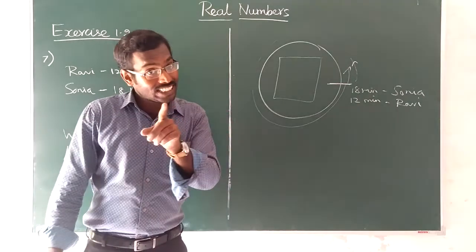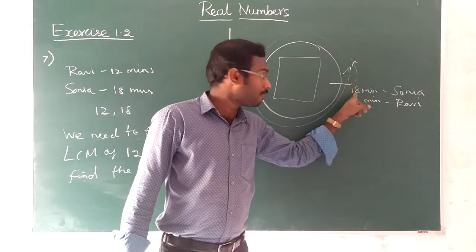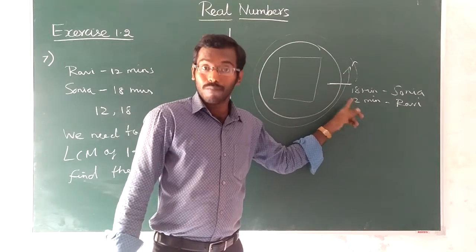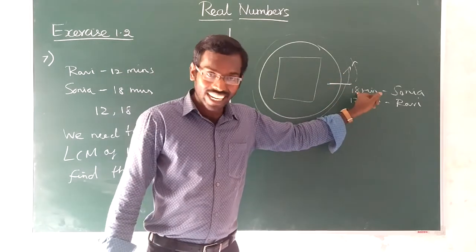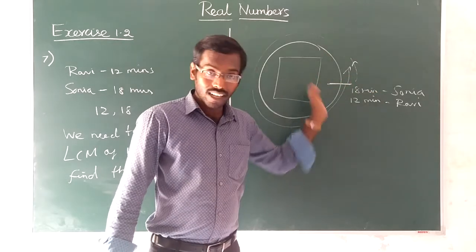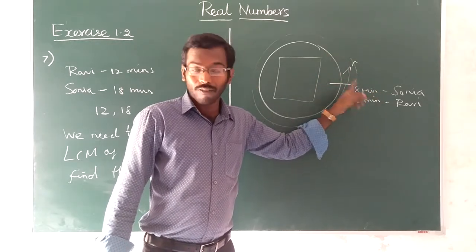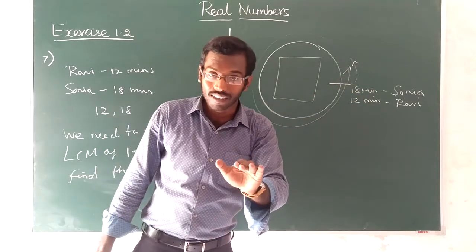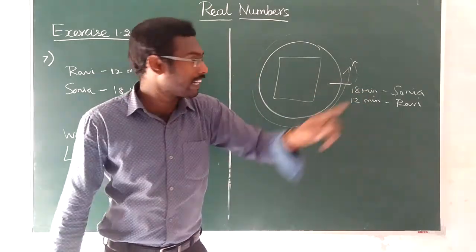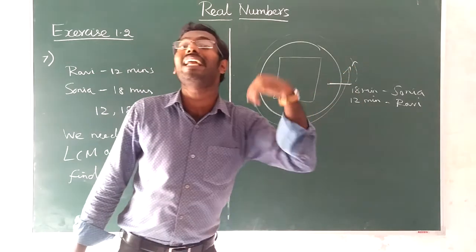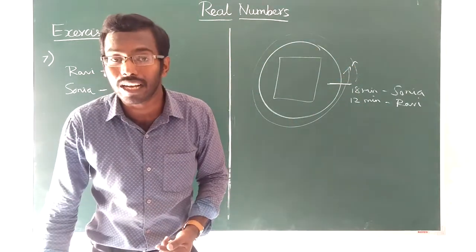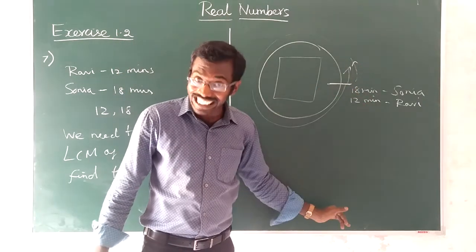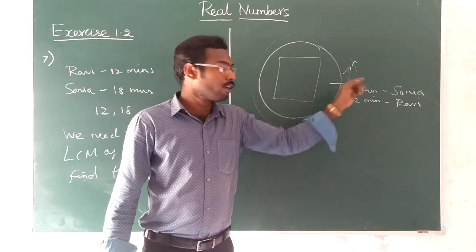I told you LCM will always be greater than or equal to the highest number. HCF will always be less than or equal to the lowest number. But now the answer is surely greater than 18, because they can never meet at the starting point before 18 minutes. Therefore LCM only. Why LCM? Because the answer will be greater than 18. Among LCM and HCF, which one can be greater than the highest number? Only LCM can be greater than the highest number. HCF is always less than the highest number. Understood? Therefore you have to find the LCM.